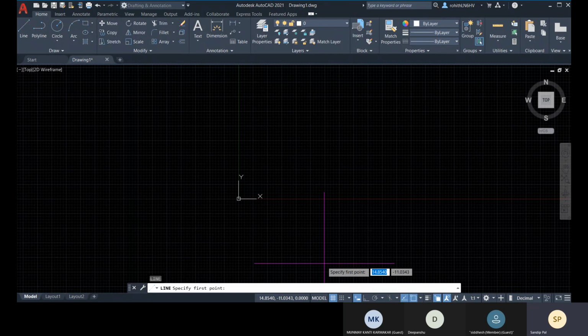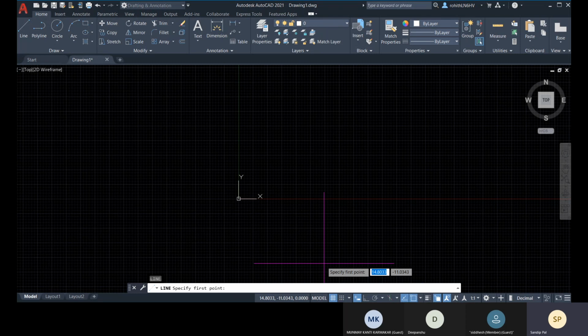Based on these three dimensions, when you identify any location, that is called Cartesian coordinate. And if you are identifying any point location in 360 direction, then it is polar coordinate.